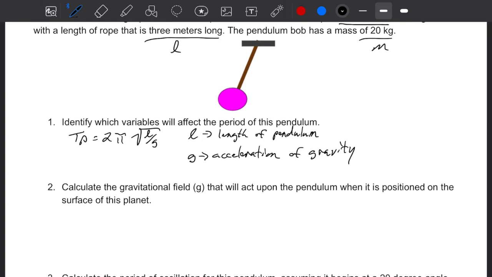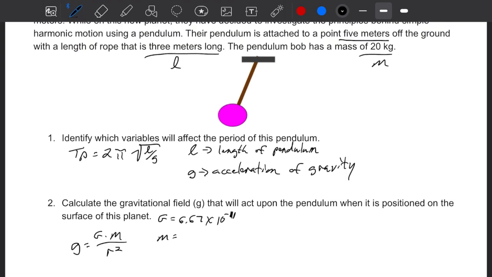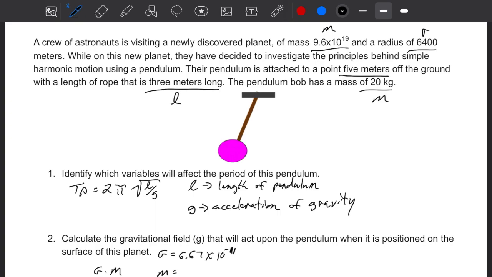Calculate the gravitational field g that will act upon the pendulum when it is positioned on the surface of this planet. The acceleration of gravity, little g, is calculated as big G times m over the radius squared, or the distance squared between center of mass to center of mass, so middle of planet to the pendulum. Big G is the gravitational constant, 6.67 times 10 to the minus 11. The mass of the planet is 9.6 times 10 to the